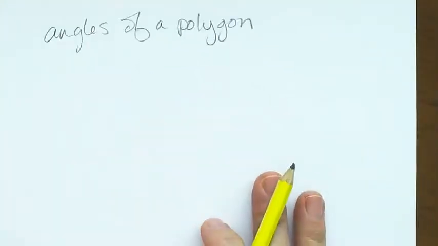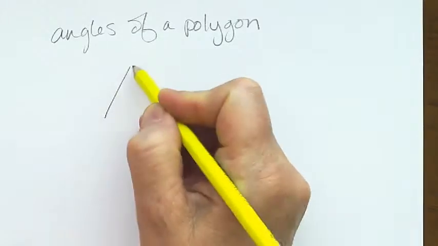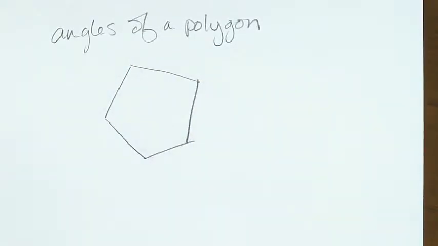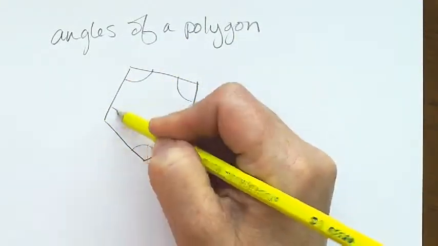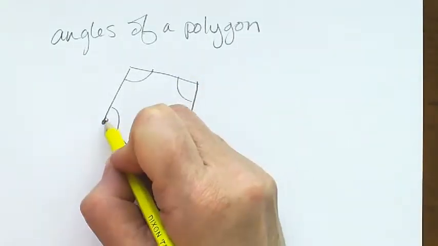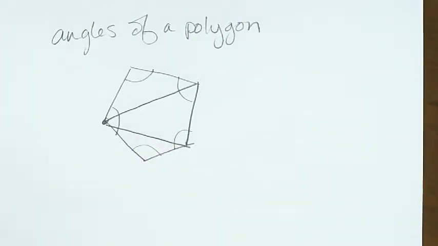For angles of a polygon, there is a poster showing you this formula, but I'll just do a quick example to show you where the formula comes from. If I'm trying to find out what the angles in this pentagon add up to, I'm just going to draw diagonals from one vertex. If I draw the diagonals from one vertex and divide this up into triangles, I know